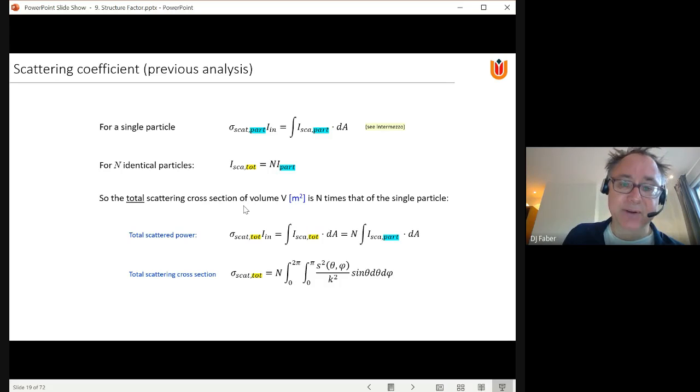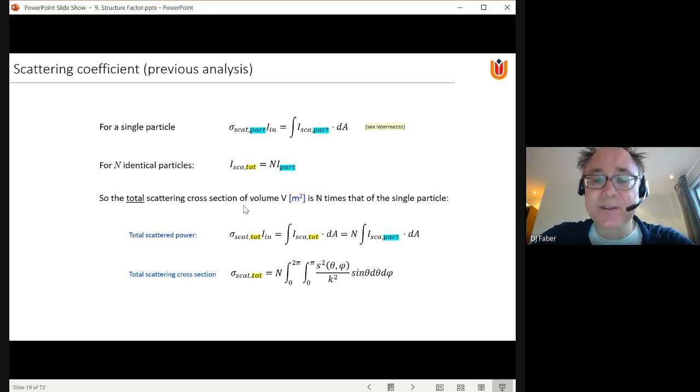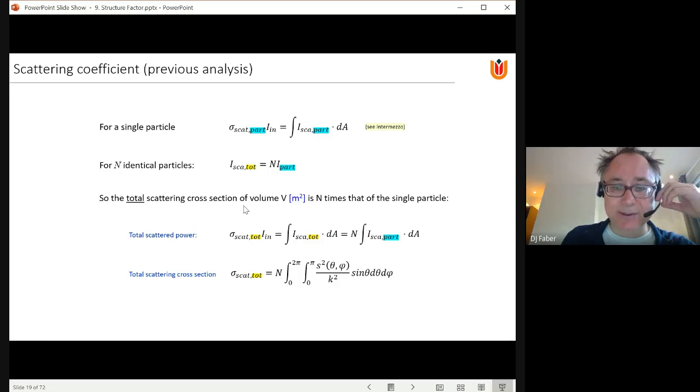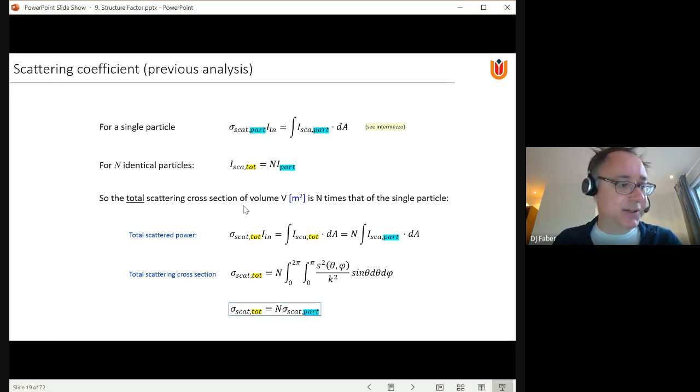The total scattering cross-section is then found by first using the expression for the scattered intensity of one particle. That was the distribution function s squared divided by the wave number, and then integrated over the area of that hypothetical sphere. So the total scattering cross-section became simply n times the scattering cross-section of a single particle,